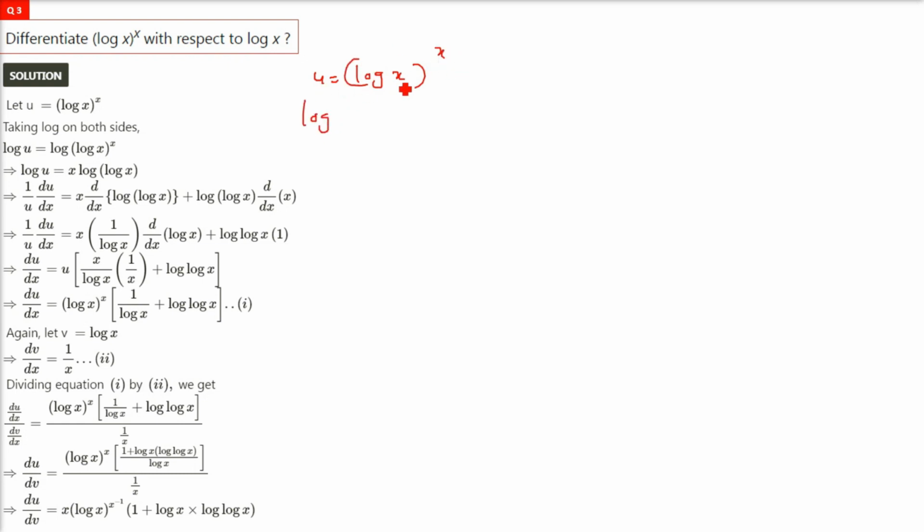So log u is going to be equal to x log of log x. That is, we have to take the log. So 1 by u du by dx will be equal to, now x into log of log x, differentiation we have to do. So 1 by log x, and differentiation of log x is 1 by x,